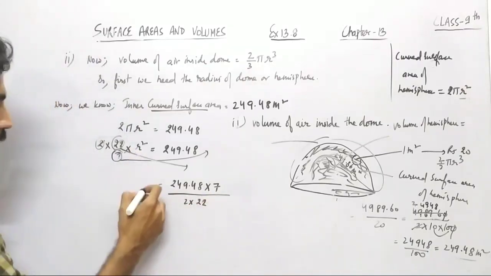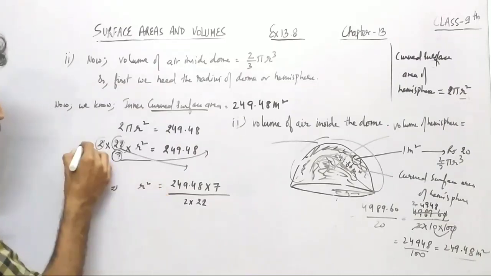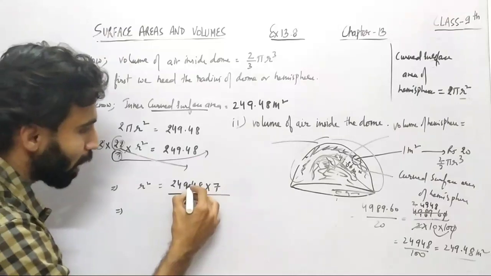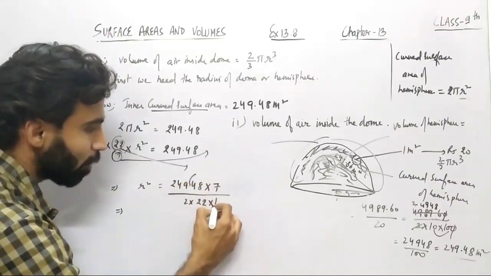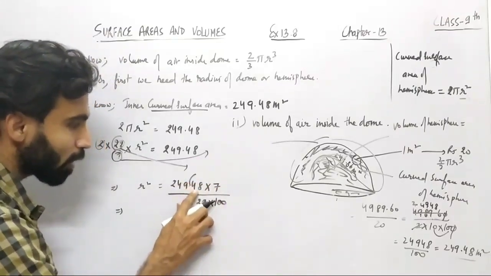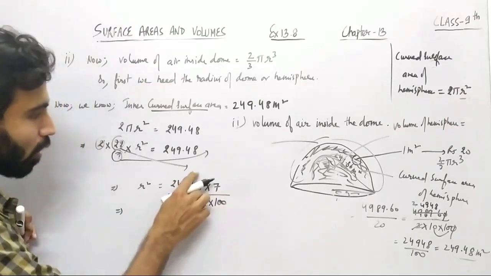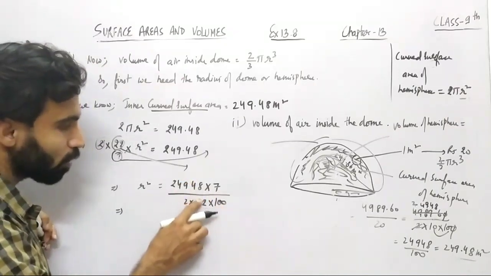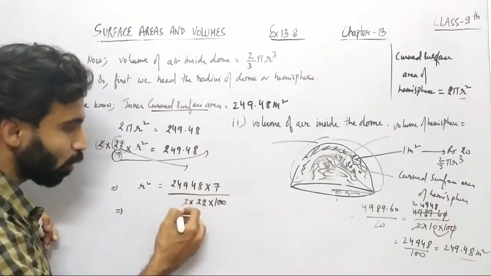Like this. Now here what will come is r square, which is the radius we have to find out, right? Now here what do I do? I will remove this decimal, so how much will come in the divide? 100, because there are 2 digits after the decimal, right? Now I will remove this decimal from here. Now it's time to reduce it at the table of, you can say, 2, right?